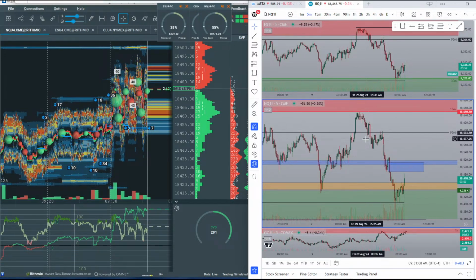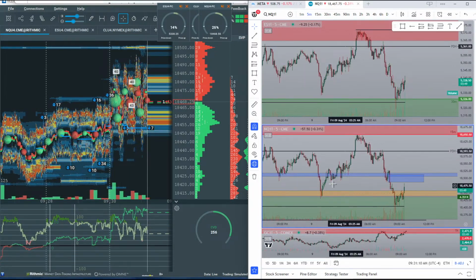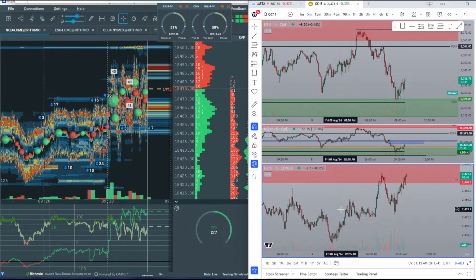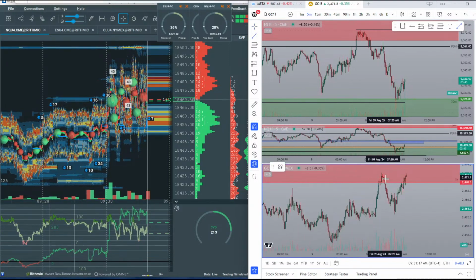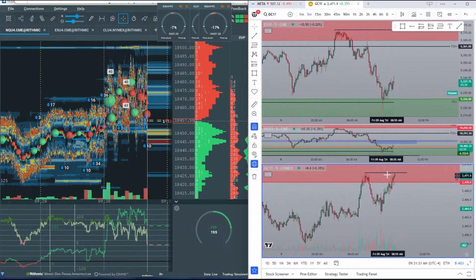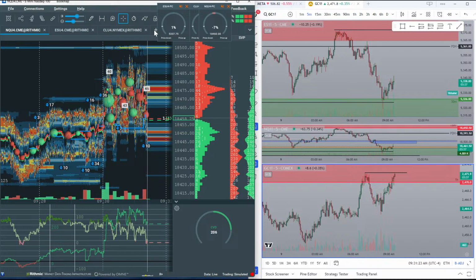Again, ES on this top chart, NQ on this middle chart. Gold and crude will be switched in and out on this bottom chart. Let's look at the highs right here on gold. I want to see how we react to this high. I also want to see if I could get